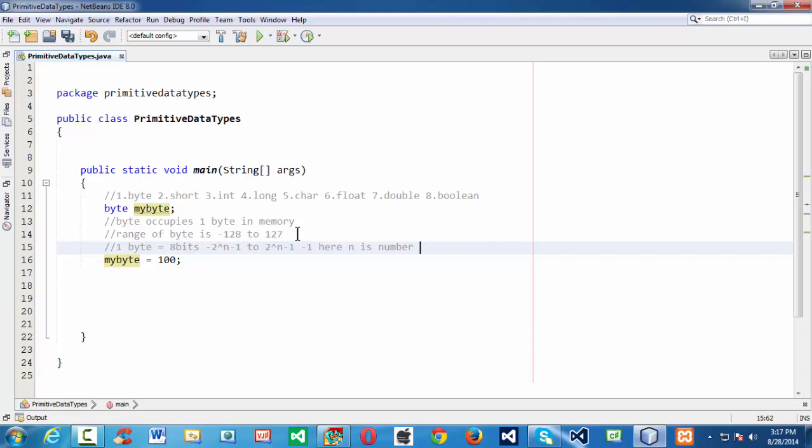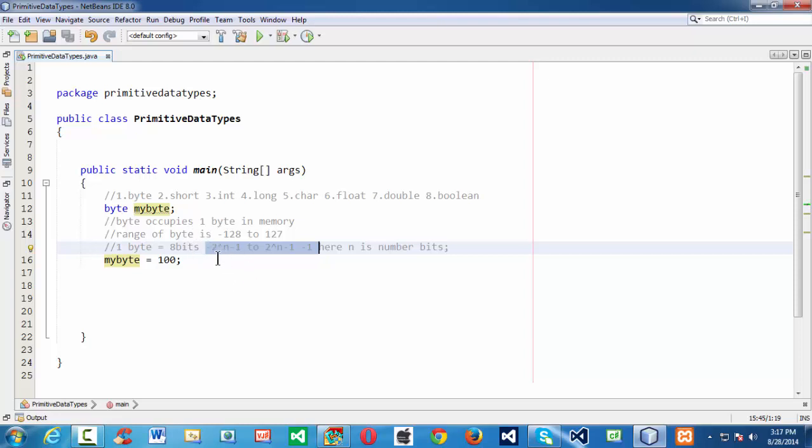So here the byte occupies 1 byte, which is 8 bits. If you substitute those values within your range, you get exactly this possible range.